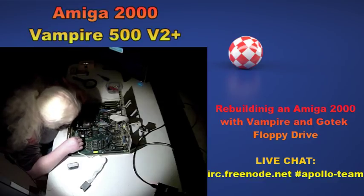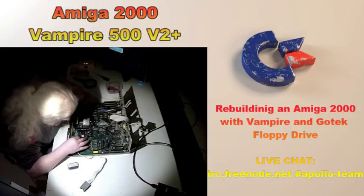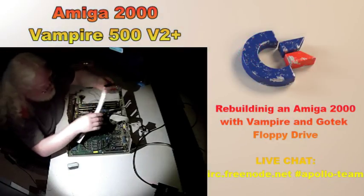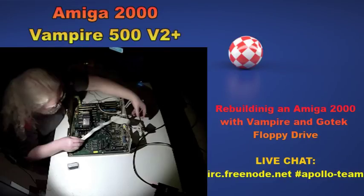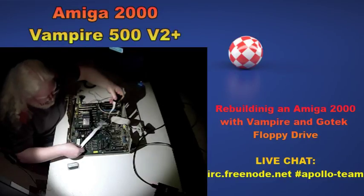There we go. It's in. And this one here can go out the back of the case. Let's do this appropriately in some meaningful fashion. Okay, so that right there is